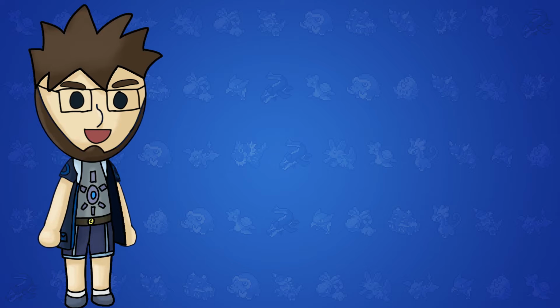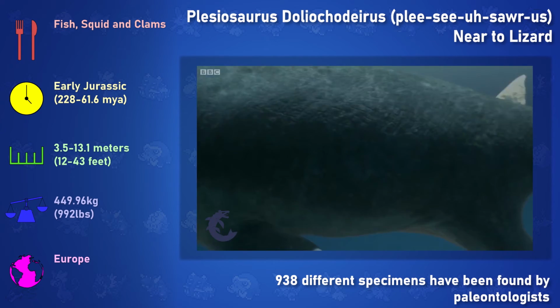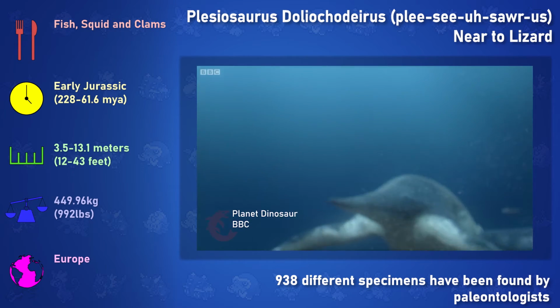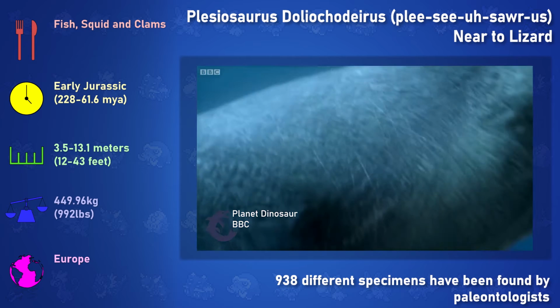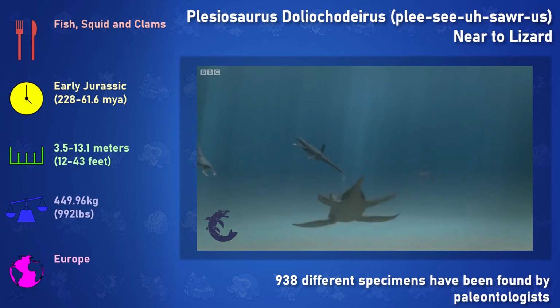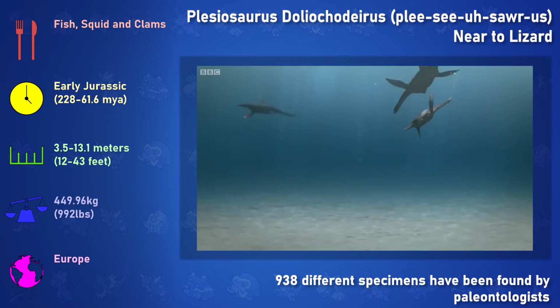And this thing has a lot of facts attached to it, so I'll try and keep it simple for you guys. This animal was discovered by Mary Anning in the winter of 1823 in Western Europe. Plesiosaurus used 4 fins and a short broad tail for mobility across the water, and it had a long serpentine neck, almost as if the rest of its...